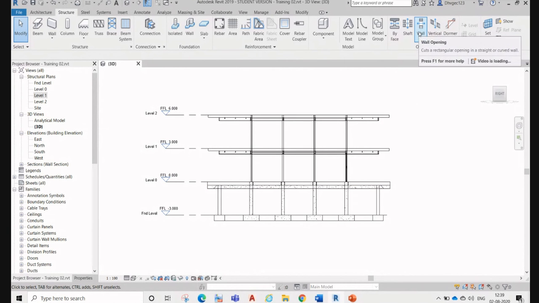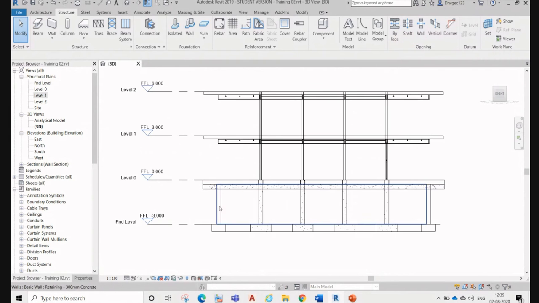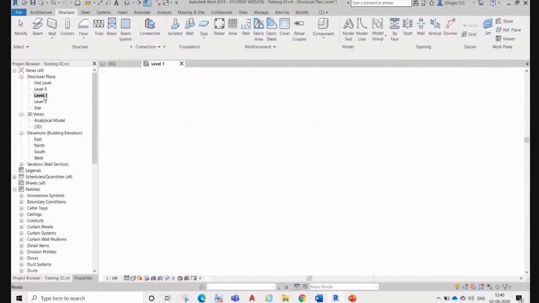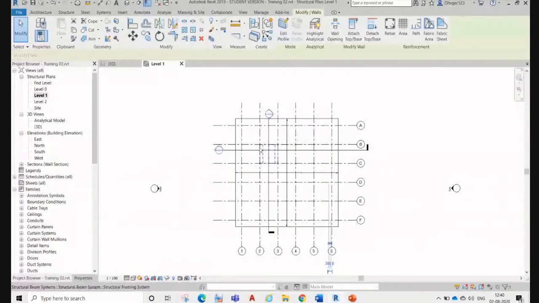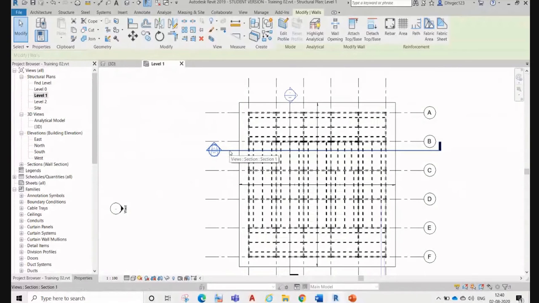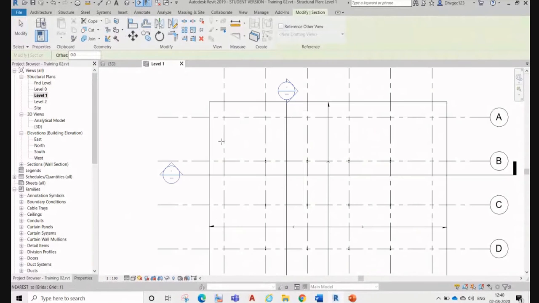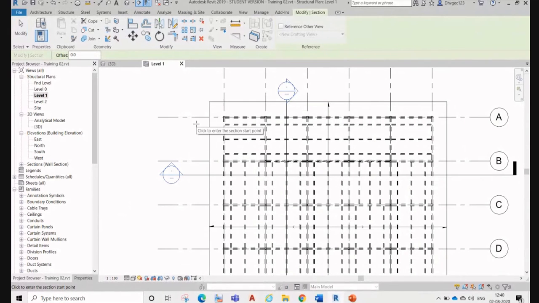Wall opening. First we'll go to level one, and then we move our section, or we can cut a new section. I'll cut this section and put it over the wall. I think here we have the wall.